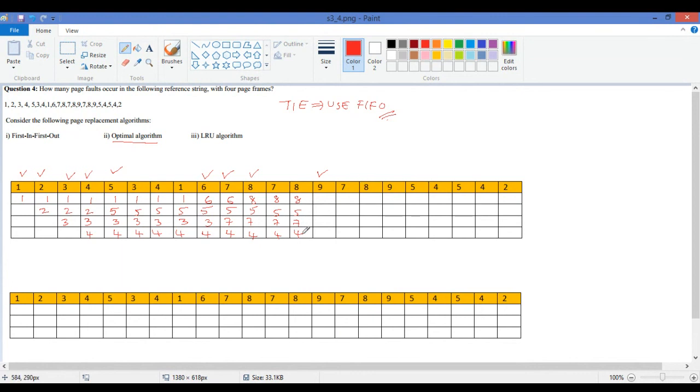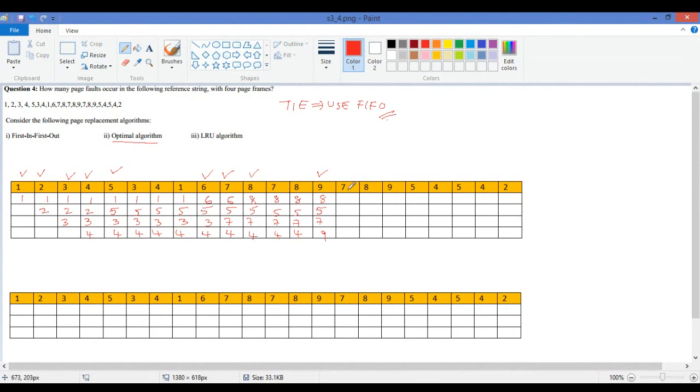No, it's not like that. You see, first who is nearest in the future, don't remove that. You see 7 is nearest in the future, don't remove 7. So I put 7. Next 8 is after 7, 8 is in the near future, so don't remove 8 also. Then 9 is not there, unfortunately 9 is not there. Next, 5 is there, so don't remove 5 also. So it means don't remove this 8, 5, 7. Automatically, 4 should be removed. So 9 will come and sit here.